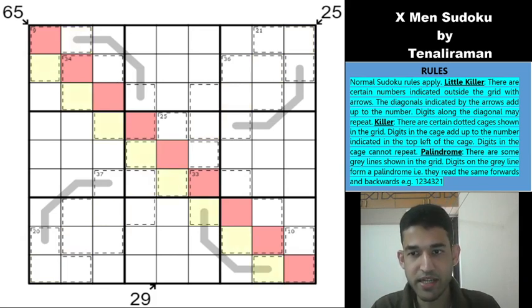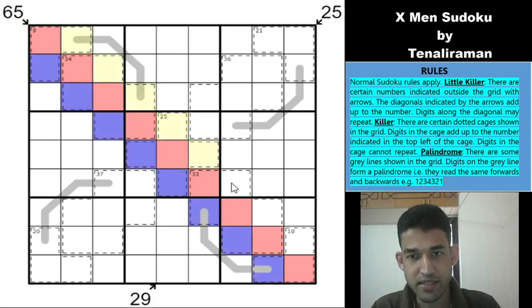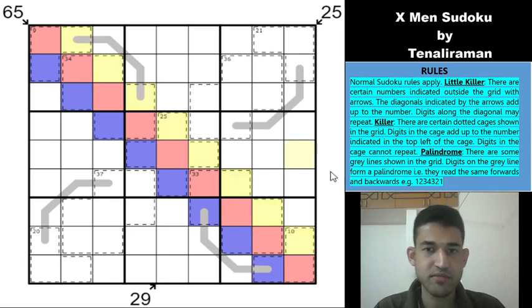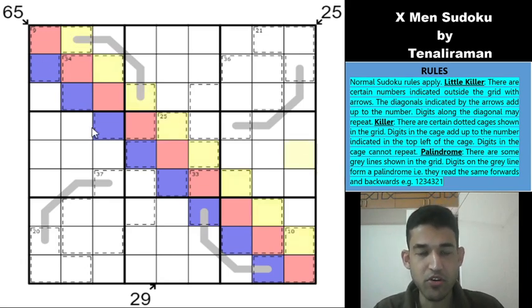The grid has been designed in such a way that all these highlighted cells are completely covered by cages, right? That is beautiful, because that is the information that we can have from this grid at this point. We know the total of the digits in red cells, blue cells and yellow cells, because all these cells are completely encompassed by cages, right?